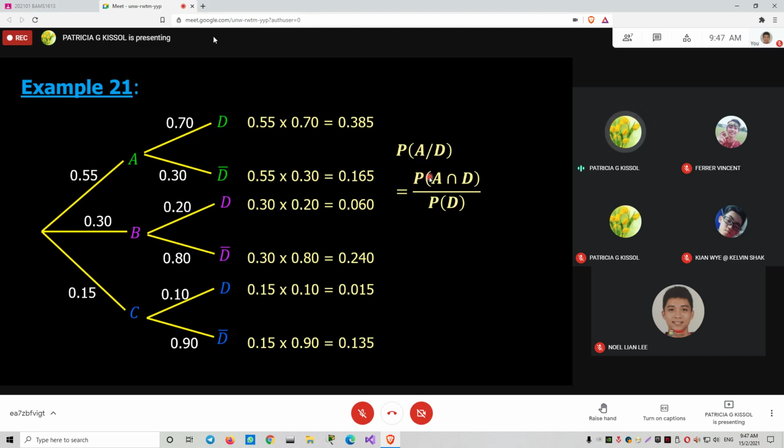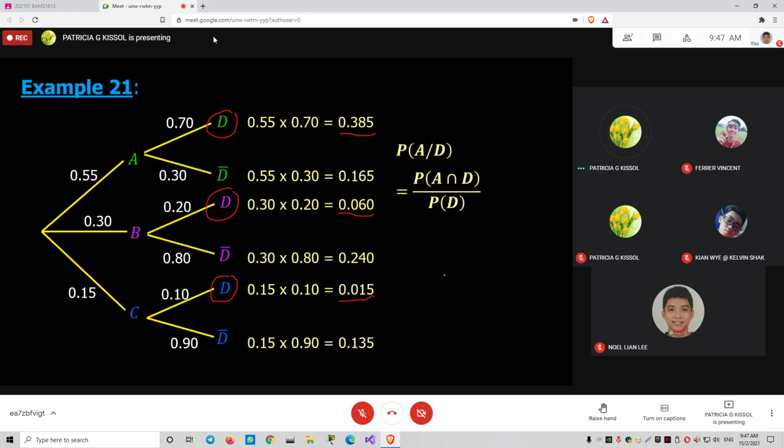That means the numerator is the probability of A and D, as you see here, and the denominator is based on the given value. Now it's very easy to identify. A and D is this, 0.385. So that would be the value up here. But for the denominator, the probability of D, we have to refer to each value that ends with a D. So we have 1 here, 1 here, and 1 here. That means we have to add this value,